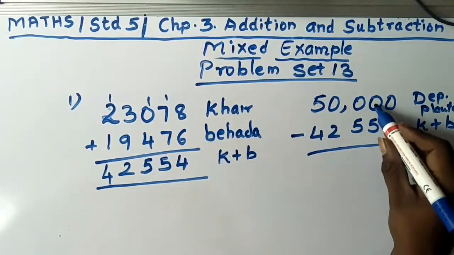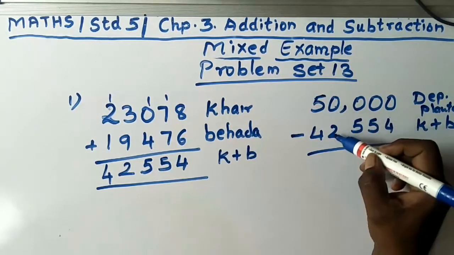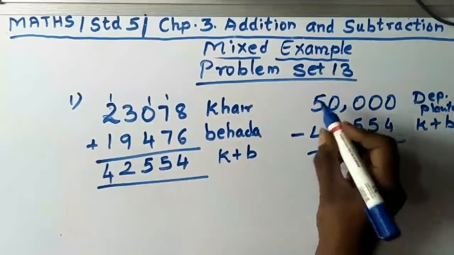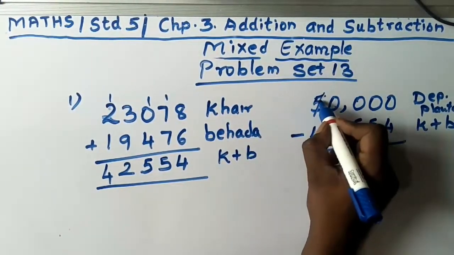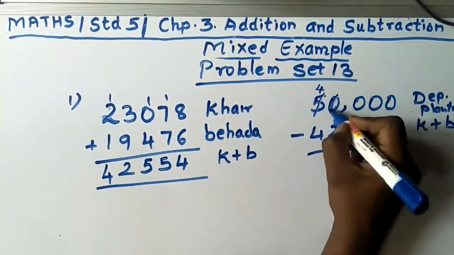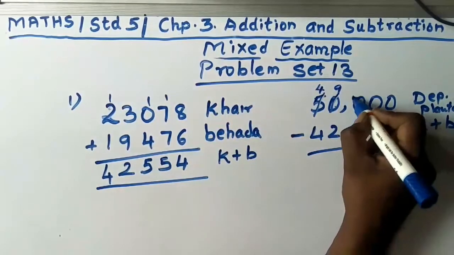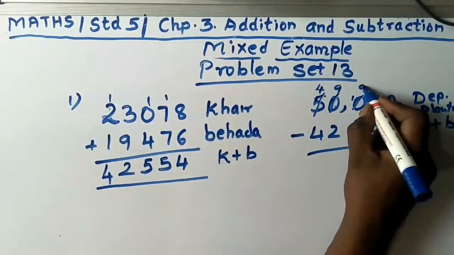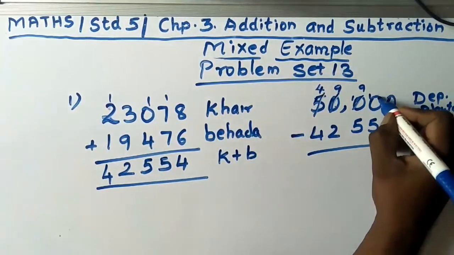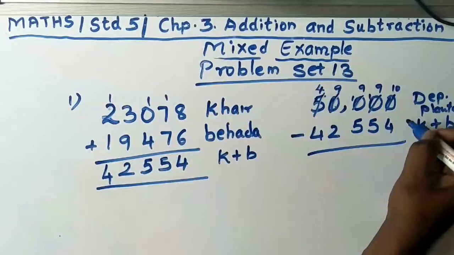0 will not go in 4, 0 will not go in 5, 0 will not go in 2. So we have to carry from here. So let us carry one by one. From 5 I carry 1, it becomes 4. This becomes 10. So 1 I carry here, 10 minus 1, 9. This also becomes 10. 1 I carry here, 9. This also becomes 10. But 1 I am carrying there, it becomes 9. And this becomes 10. 10 minus 4,